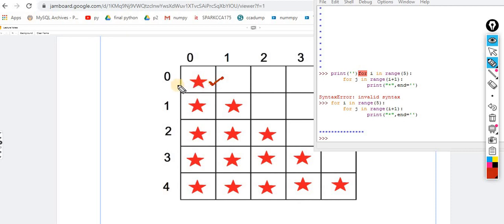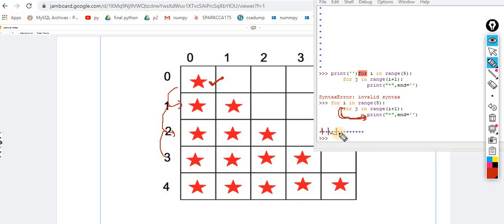One time print, then control is moving to the next line. After printing this one line, control is moving to the next line, and consecutively it prints 2 stars. After that, the printing task is performed by this loop. When this loop is finished, observe carefully, the control is moving to the next line. Perfect. Now after printing 2 stars, it is printing 3 stars, and control is moving to the next line because this loop has been finished.